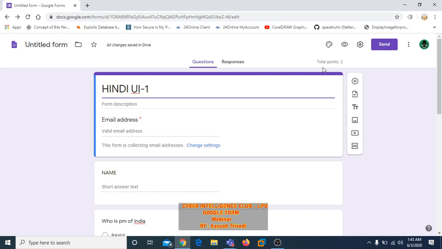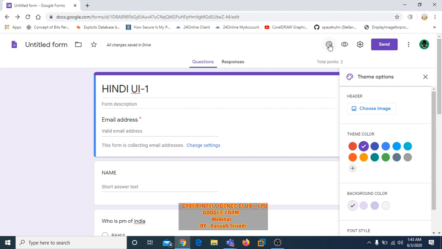So you have to click on this color palette which says customize theme. You can note it down. Here is the theme color, which will only change the background. You can change it to green, because your logo is something like green. You can also change the background color.